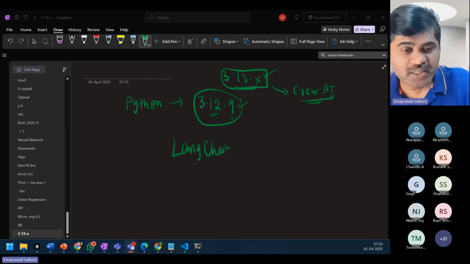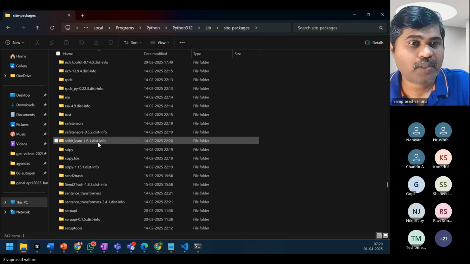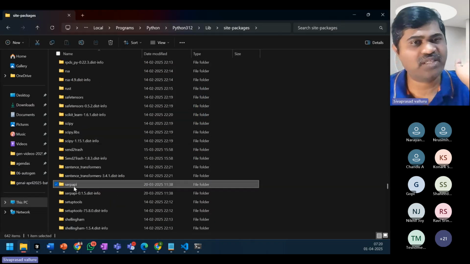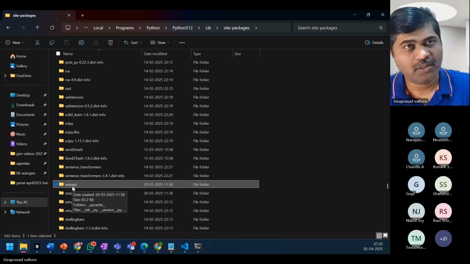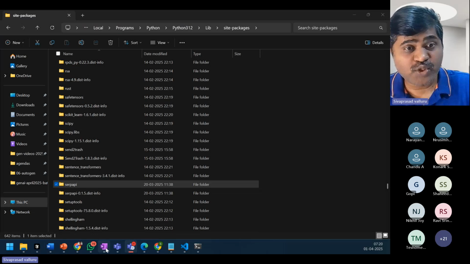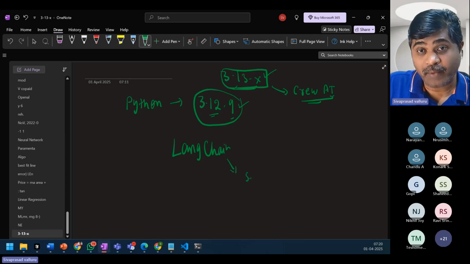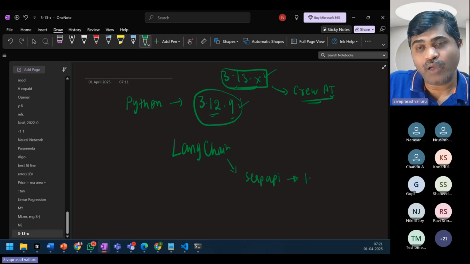Or maybe I will just tell you one more common thing. Let us say there is something called a SERP API, just for example. There is one module called SERP API. So assume that I am working on a framework called LangChain. LangChain is dependent on the SERP API module. It internally uses SERP API. For example, I'm saying, LangChain needs SERP API version 1.3, for example.